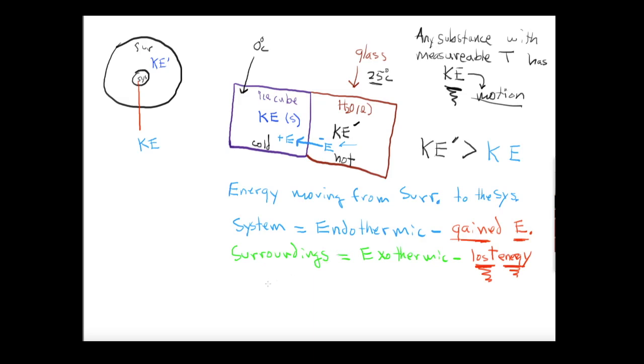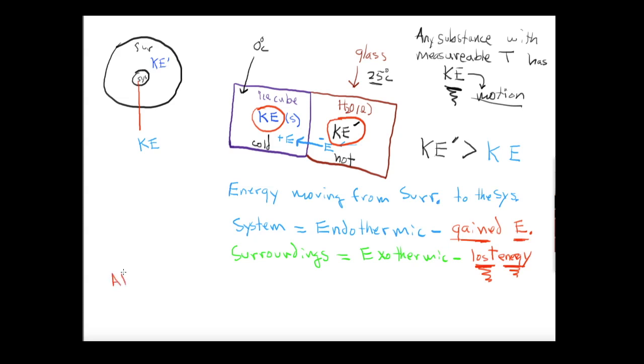All right. Now, one last thing to mention. We've already established the kinetic energy of the water that was in the glass, okay, this is our surroundings, is at a higher level than the energy of the ice cube, of the molecules in the ice cube. So the liquid had a higher kinetic energy to start with than the kinetic energy of the ice cube. At the end of this process, so after the ice cube melts,